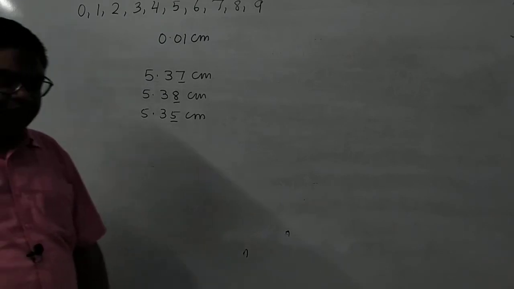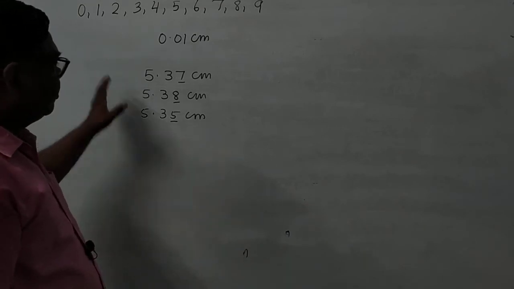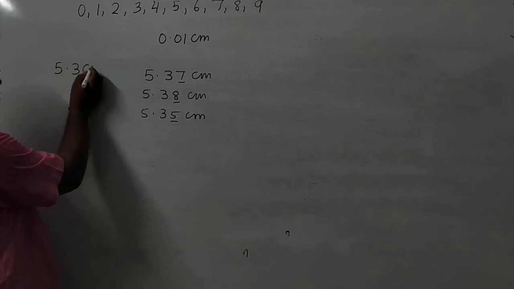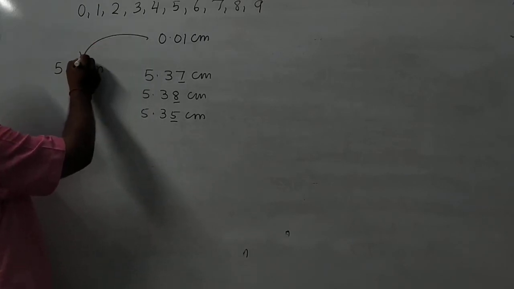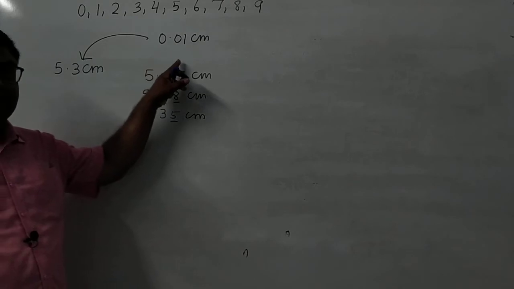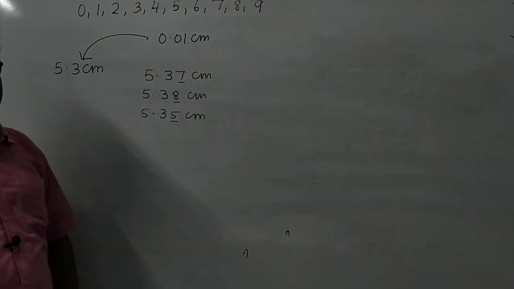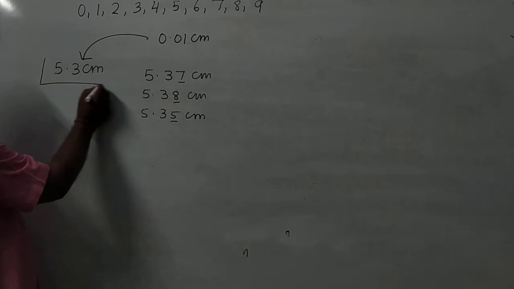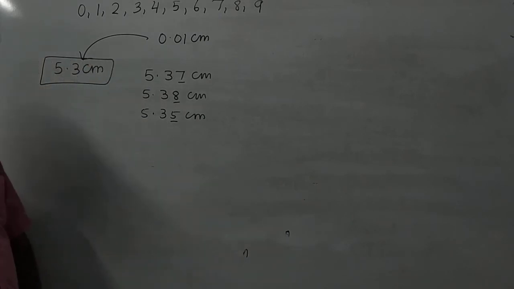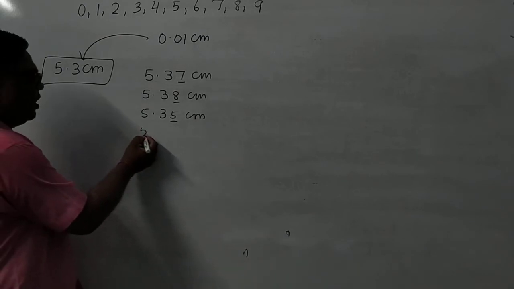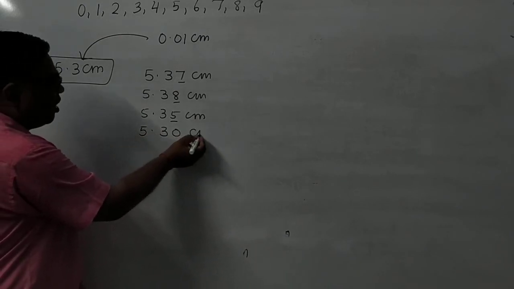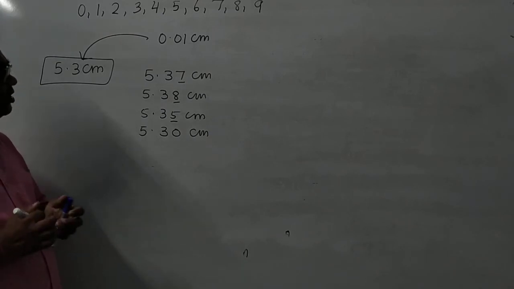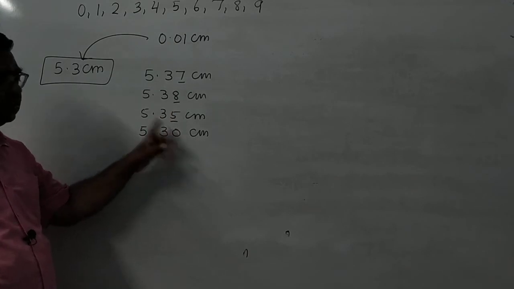So when we are measuring here, we cannot say that we have measured 5.3 centimeter from the vernier calipers. Why? Because its limit of resolution is 0.01 centimeter. Is it clear? So we cannot say that, but the measurement is certainly taken from the vernier calipers as 5.30 centimeter. Here you can see that the last place is varying.